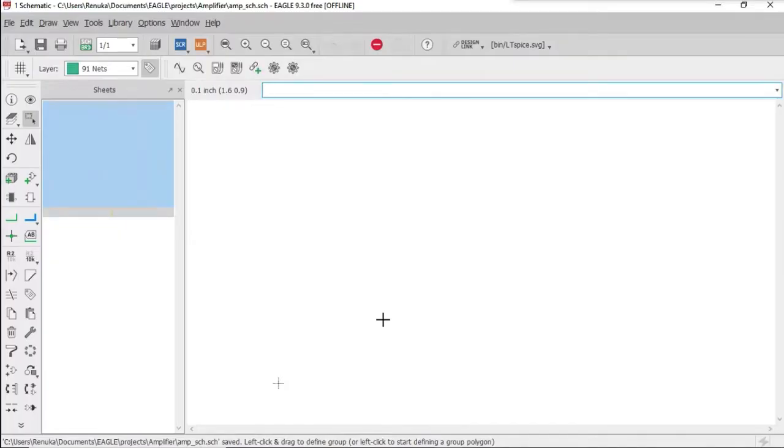Let us start designing this circuit. First, I will explain how to add these components in your schematic. So make sure you concentrate at this point of time. I will be slow so that you can do it simultaneously with me. First, to add all these components which we saw just now, you need to select an option called Add Part on the left side of your schematic file. This is the option. When you place the cursor on that option, it says Add Part. Click on that.